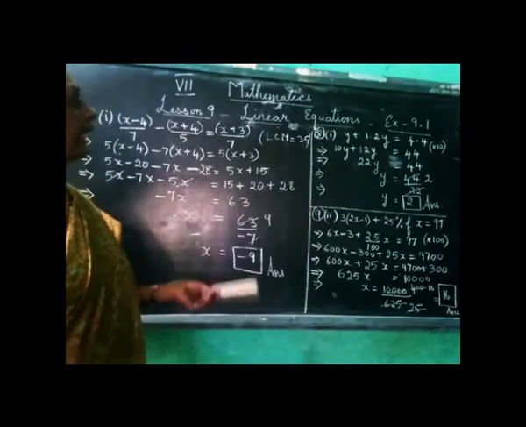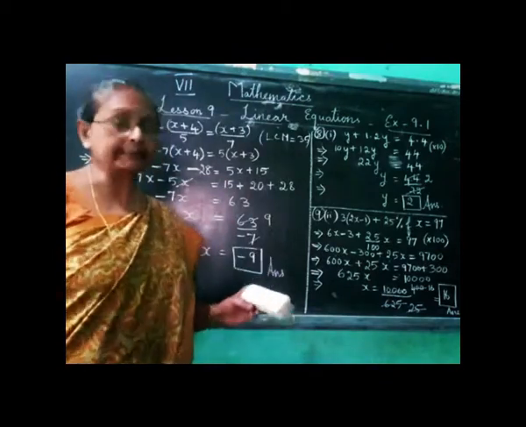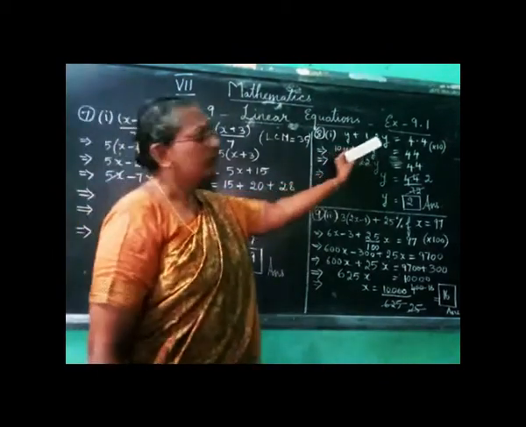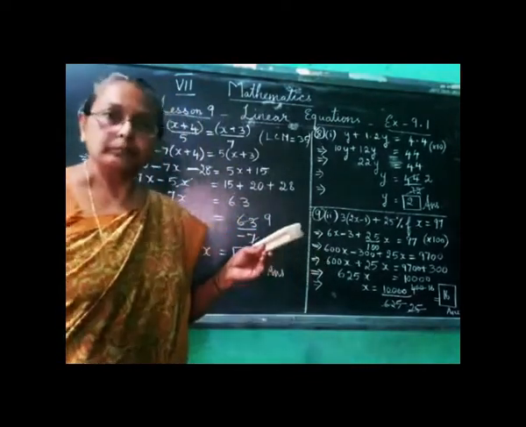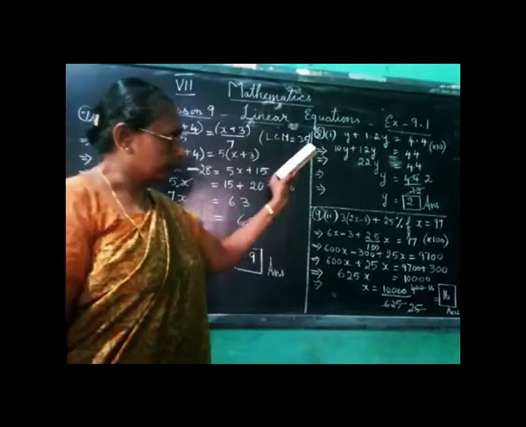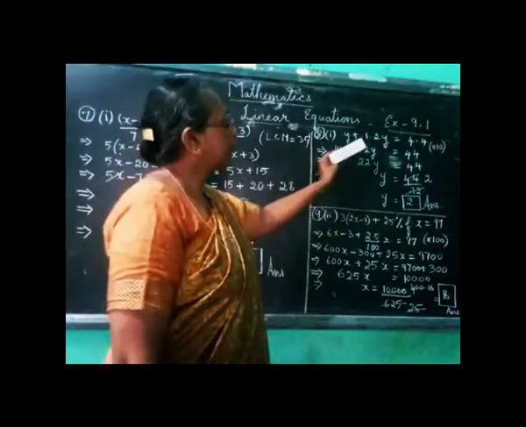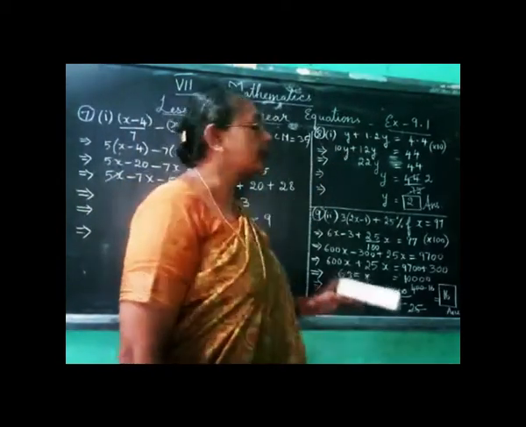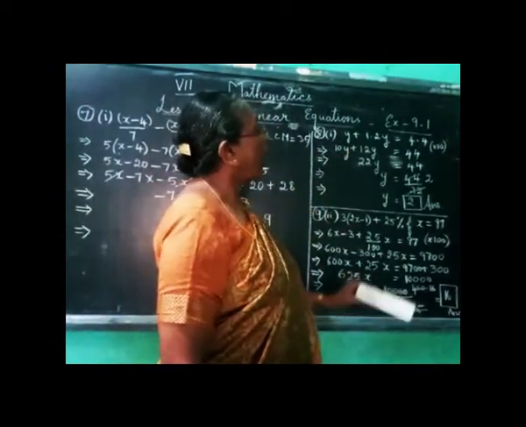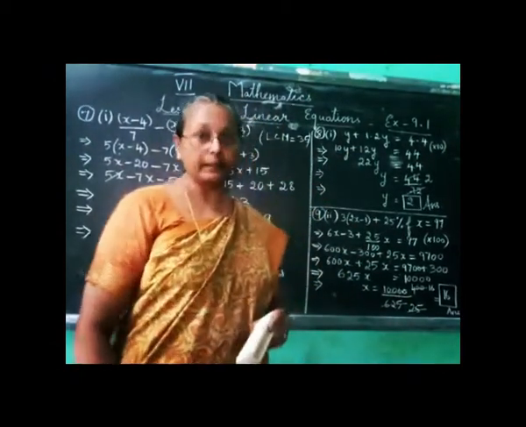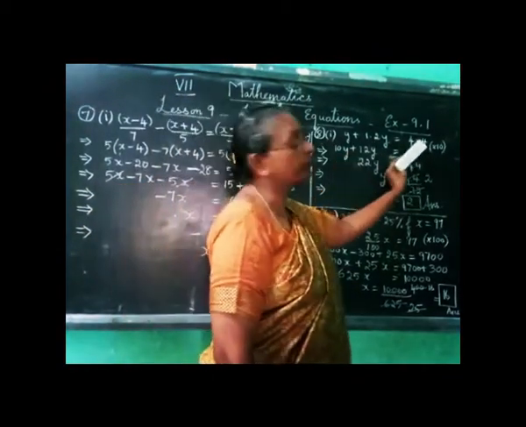Now you can see the 8th sum, first subdivision. There is a small difference there. We have numbers with decimals. So there is a method of doing problems where the equation is given with decimals. Here the sum is y plus 1.2y is equal to 4.4. We have to see how many decimal places are there, the maximum number of decimal places. Here it is 1.2, here it is 4.4.